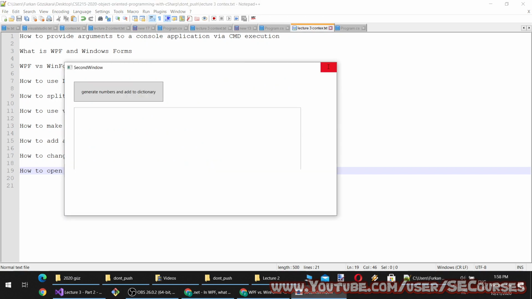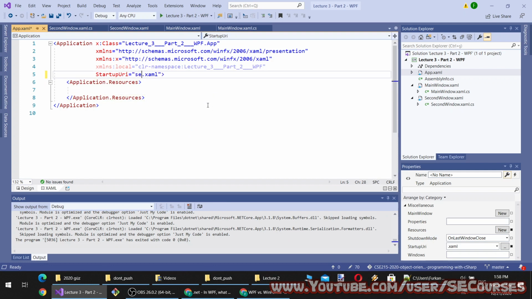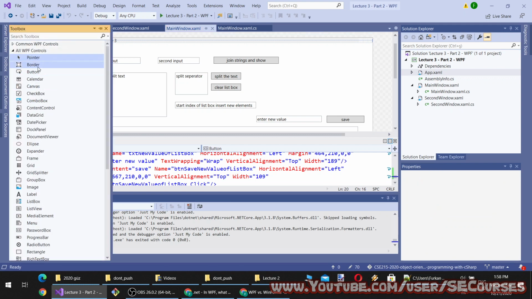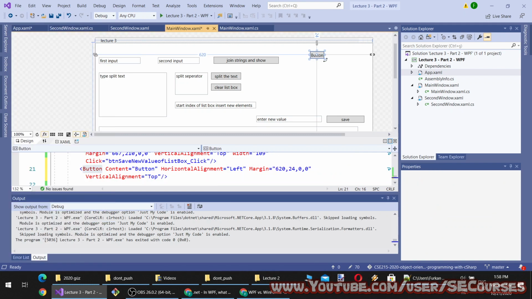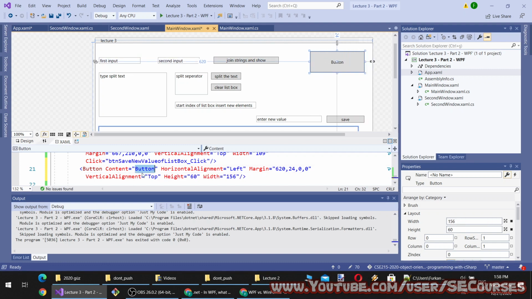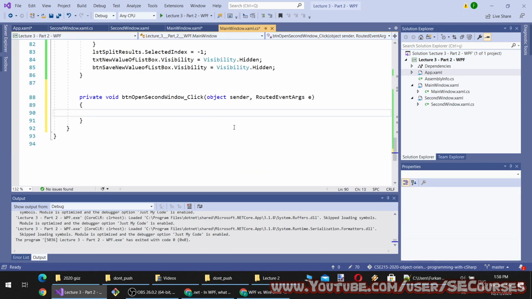Okay, so I am going to return this back to original, and then I am going to add here a button, call it, and on click, this will start the new window.